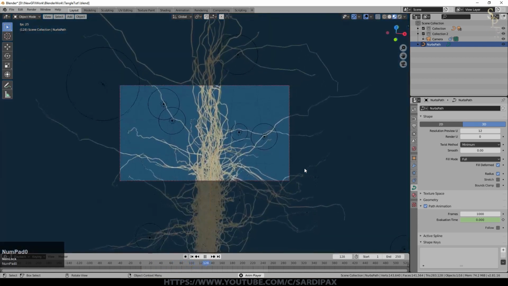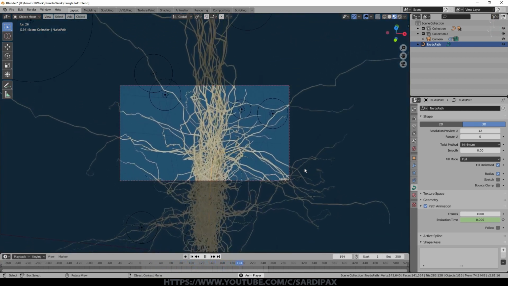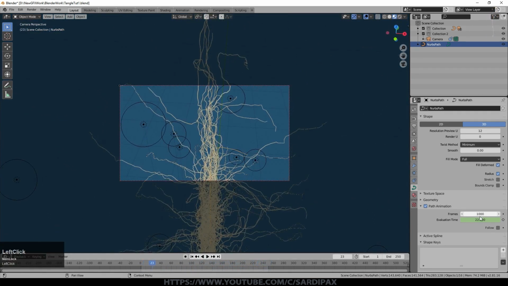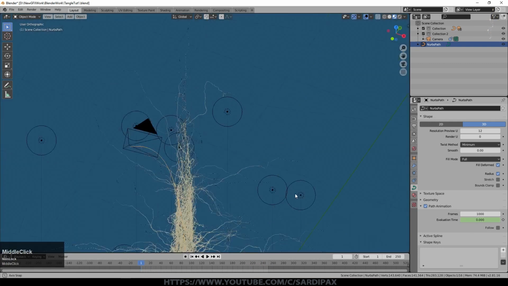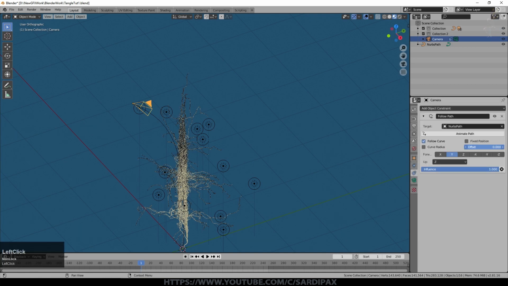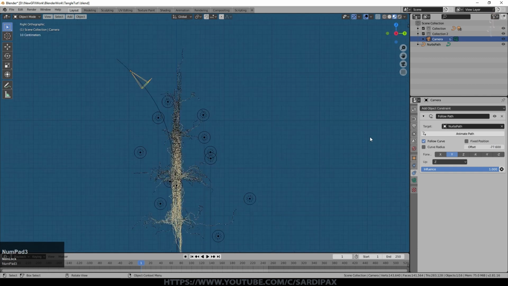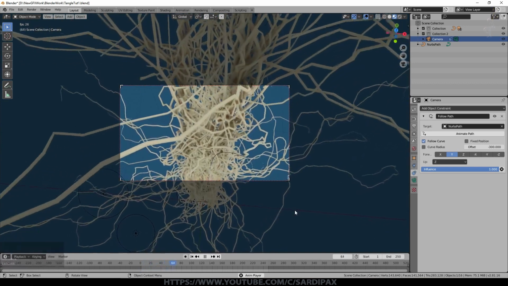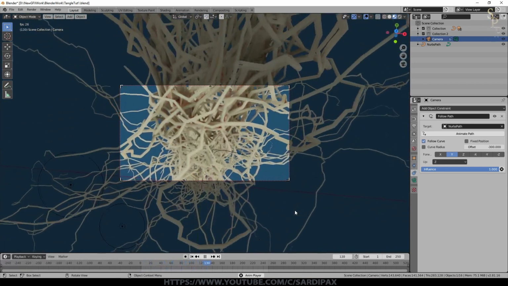However, we might not want it to take the whole 250 frames just to reach our tangle. In which case we can play with another option. So if we select our camera and we go to our constraints, we can add an offset. So if you start to decrease that offset, put a negative number on it, you can see our camera is actually running down that path. So if I put -300 on here, you can see the camera is already most of the way into our tangle. So I press play now. So we've now got the camera going quite slowly, and yet we are starting where we want to start.